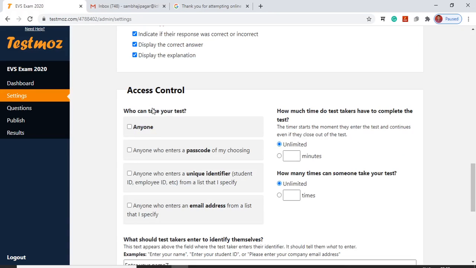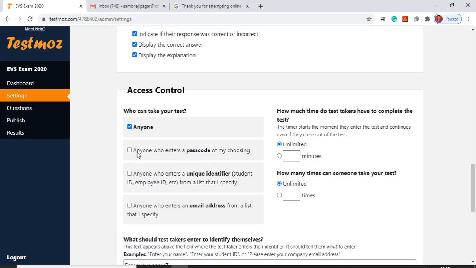Now here we have access control, which means how we can control who can take your test. If you click on this, anyone can attempt this exam without any password, whoever has the URL of our test.